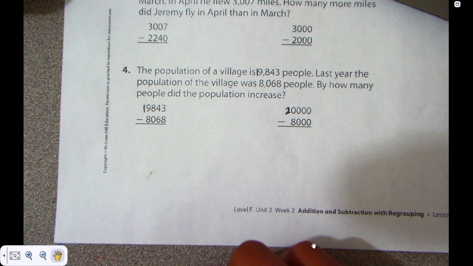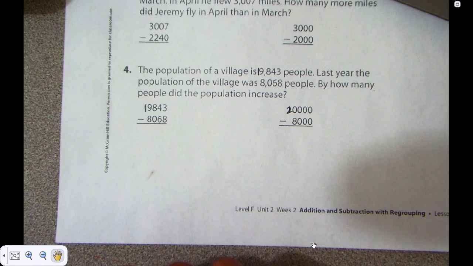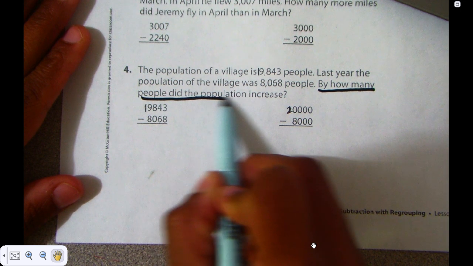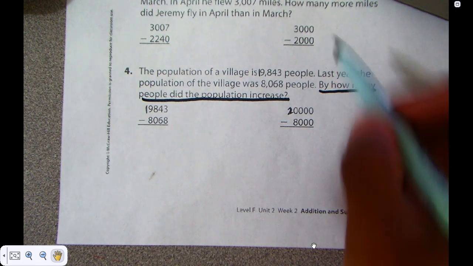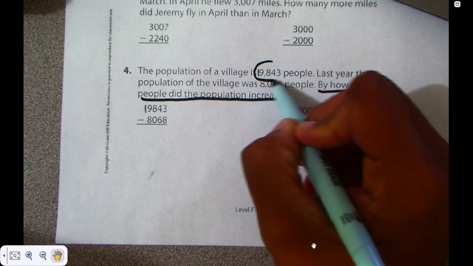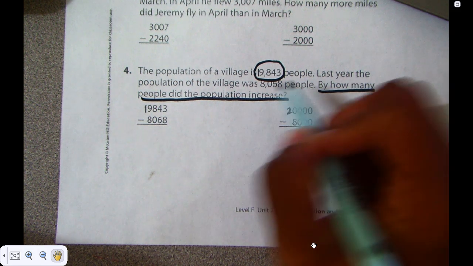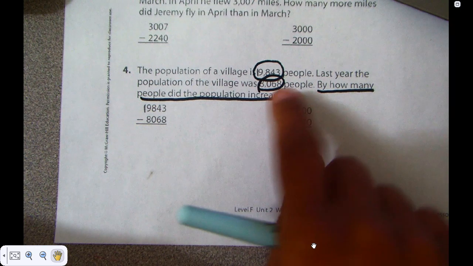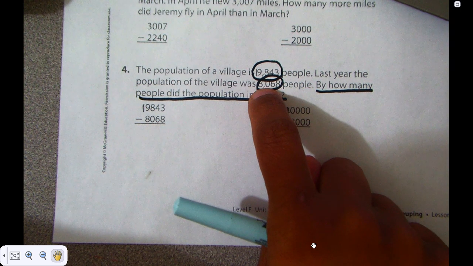Okay, here I'm lucky. They show me on this, I'm subtracting. So I don't even have to think about it. But I want to talk a little bit about what would have let me know to subtract. The problem itself wants to know, by how many people did the population increase? How much bigger did the population get from one year to the next? Well, they let me know at the first part of the problem that there were 19,843 people. And then last year, the population was 8,068 people. So I'm trying to figure out how many more people came to this town. How do we get from 8,068 to